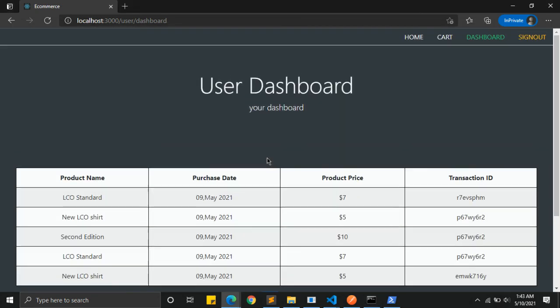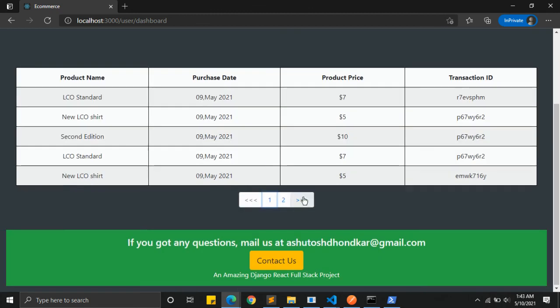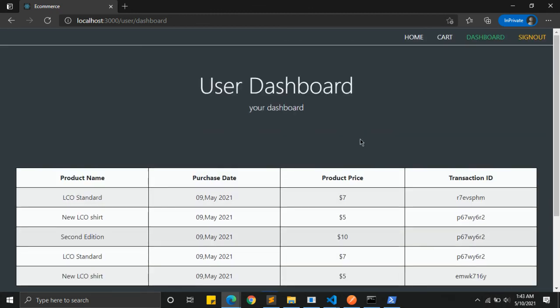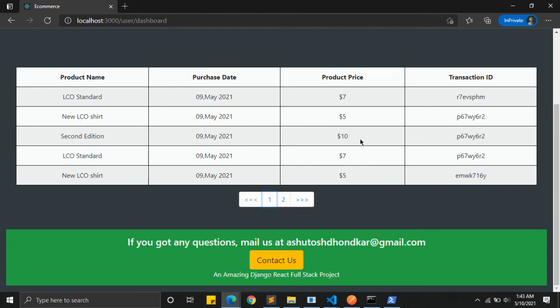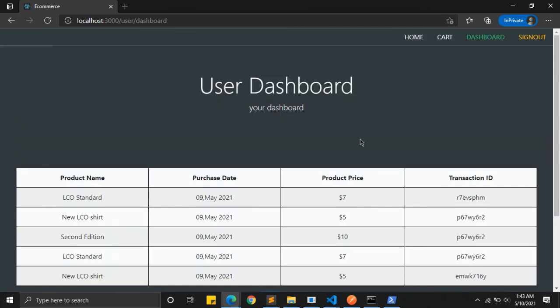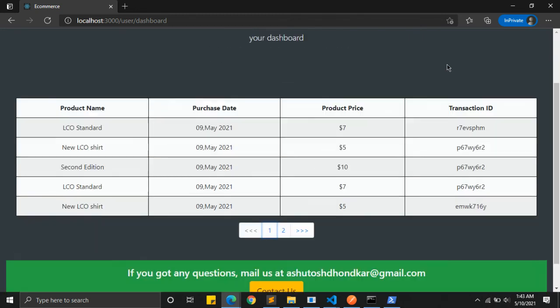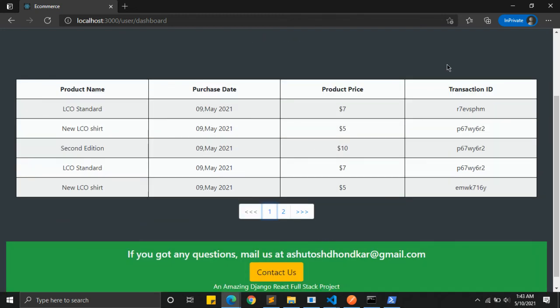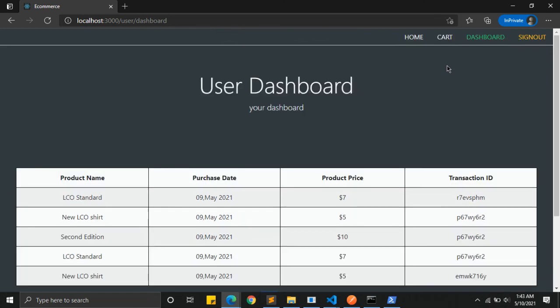So these are a few of the additional complexities, like the pagination, JWT token authentication, handling the refreshing of the token using the access interceptors and all those things. These are basically the added complexities upon the project that was made as a part of the course. So yes, this is basically the functionality of the entire app. Thank you.